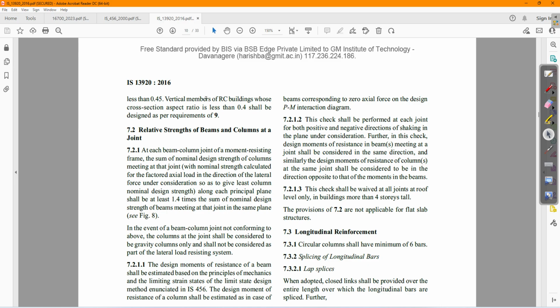For vertical members of RC buildings whose cross section aspect ratio is less than 0.4, they shall be designed as per the requirement of clause 9. Okay. You just remember this clause. The cross section aspect ratio shall not be less than 0.4,